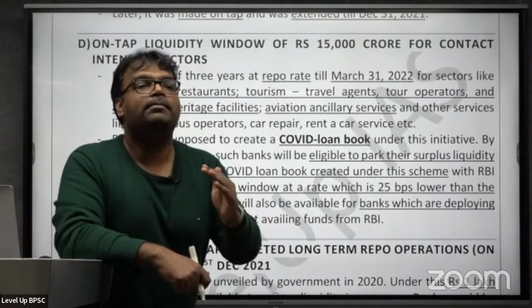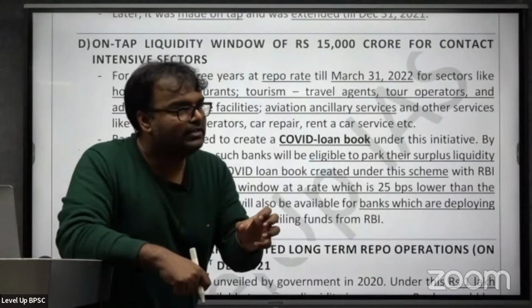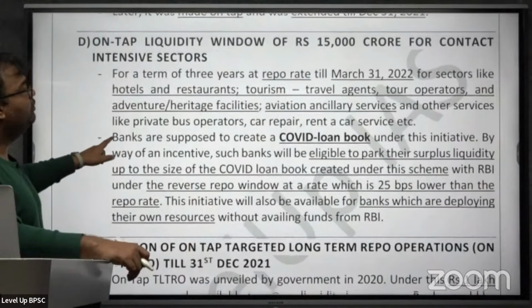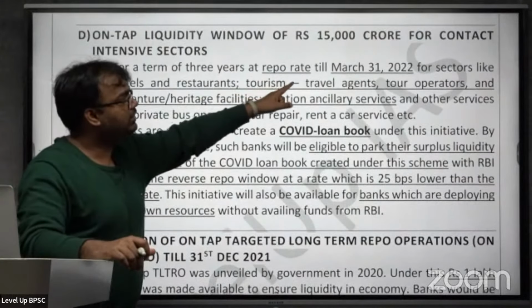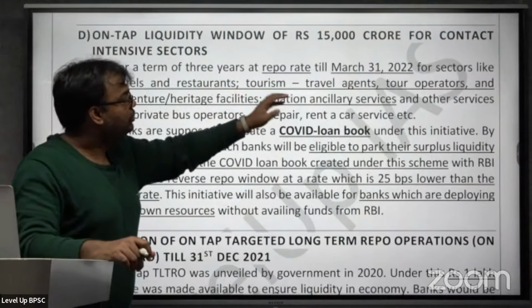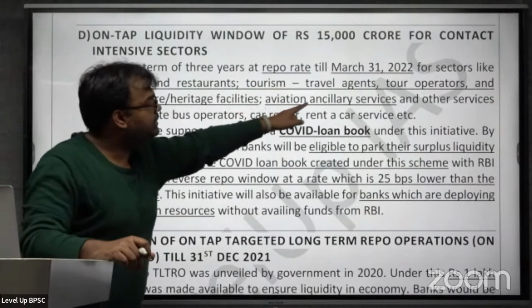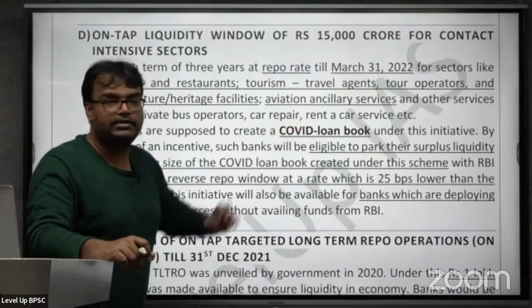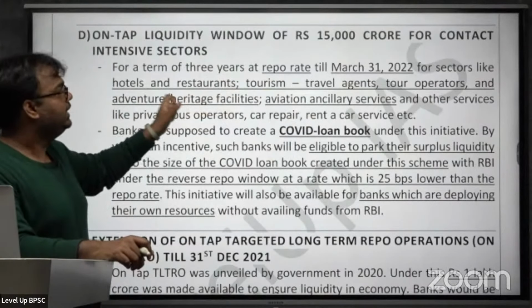RBI basically ensures that banks can borrow money for this purpose. So here, for a term of 3 years at repo rate till March 31, 2022, for sectors like hotel, restaurant, tourism, aviation and ancillary services, and other services like private bus operators, car repair, rent a car service, etc. For these things at repo rate